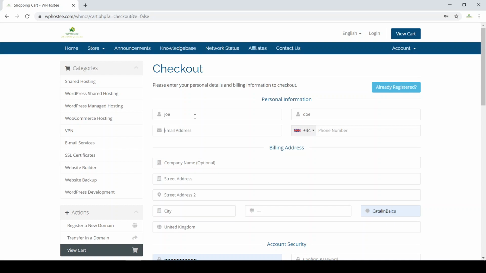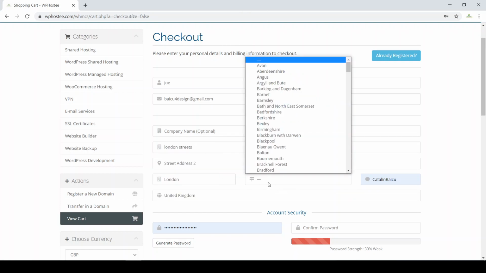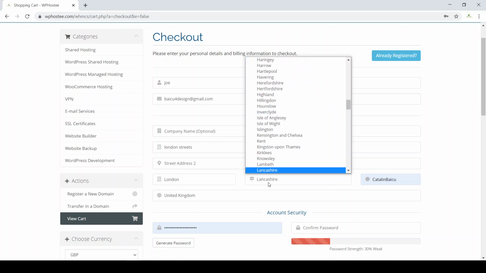I'm gonna use an email address. I'm gonna use a fake number, doesn't matter, because this account I'm creating is in order to get space online. Okay, London. Obviously, when you create this account, you have to input all the information in